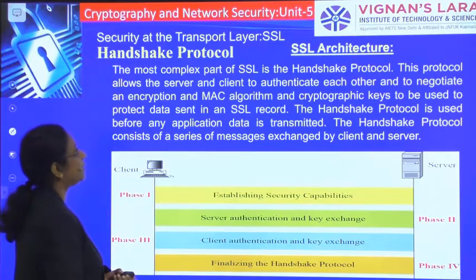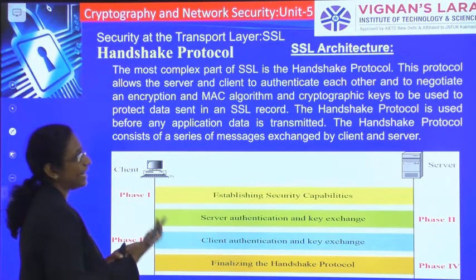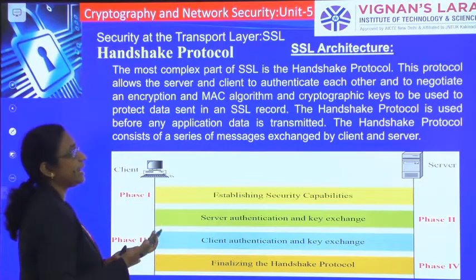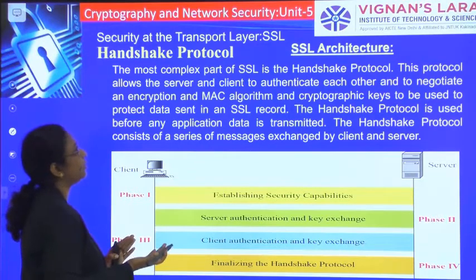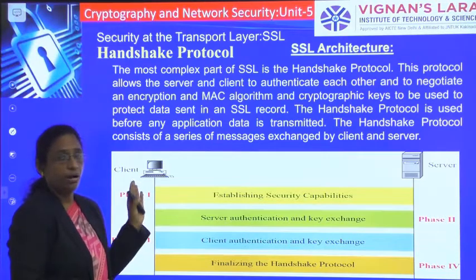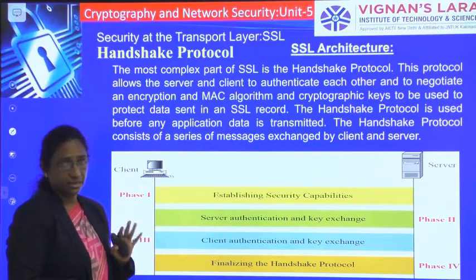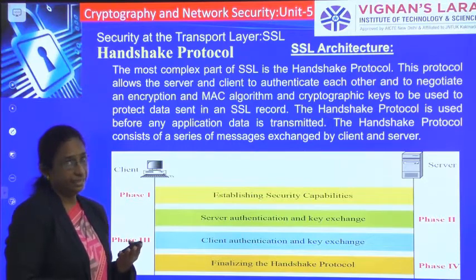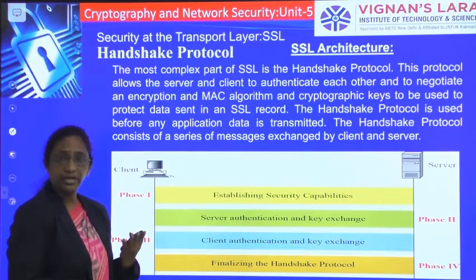This protocol allows the server and client to authenticate to each other, and to negotiate the encryption and MAC algorithms and keys to be used to protect data sent in the SSL record. Already we have said that in the SSL record protocol we do encryption for confidentiality and generate the MAC code for integrity.